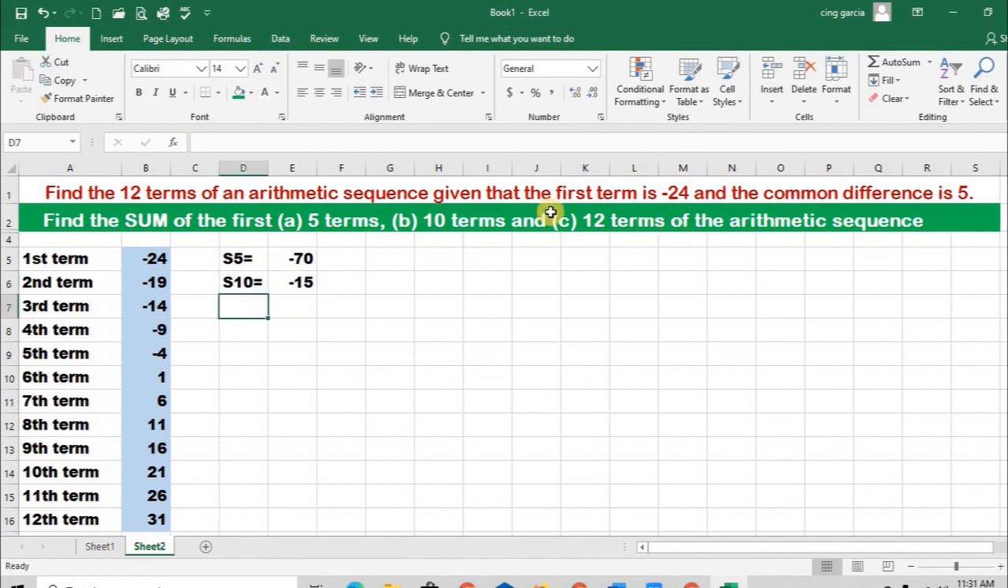Okay, and lastly, we are asked to find the sum of the 12 terms, all those 12 terms. So I have now